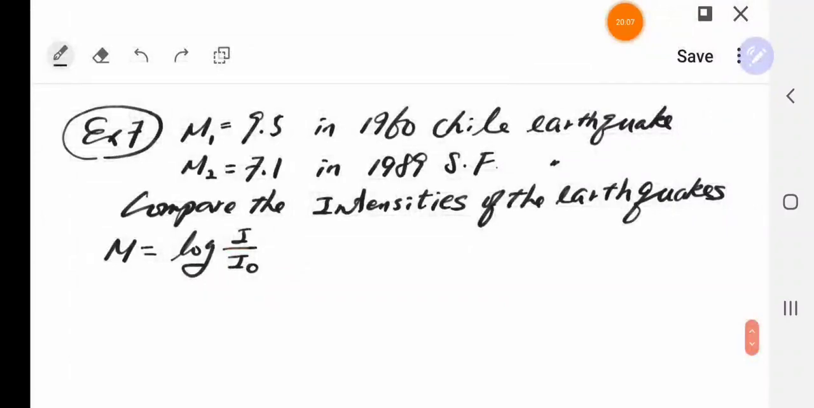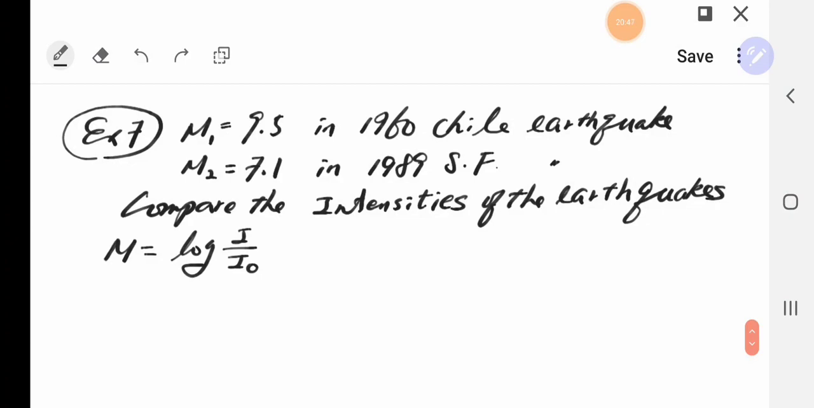Okay, in this example 7, let's compare the intensity of the earthquakes. One is measured as 9.5 magnitude in the 1960 Chile earthquake, and the other has a magnitude of 7.1 in the 1989 San Francisco earthquake. Now there's only a 2.4 difference in magnitude, but let's find out how many times as intense one is compared to the other. So using the magnitude formula, let's find the